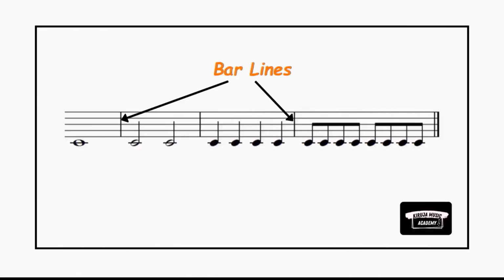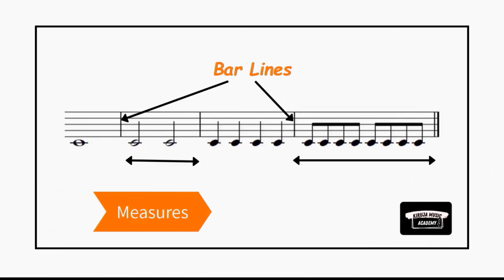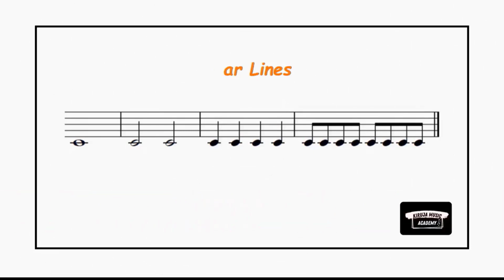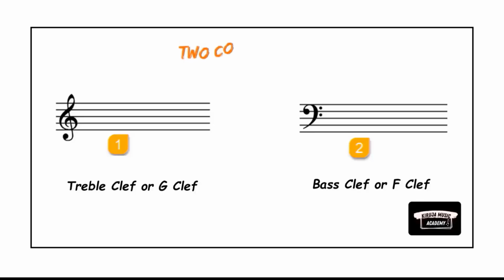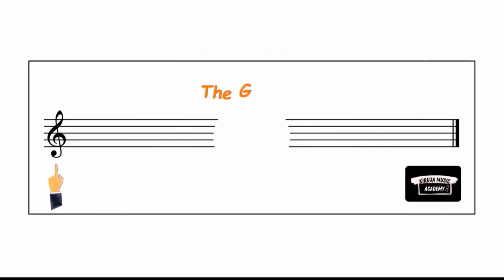Bar lines subdivide the music on the staff into measures or bars. The second component is the clef. The clef is placed at the beginning of each staff to determine the pitch range of the music notes. There are 2 common clefs, the treble clef, also known as the G clef, and the bass clef, also known as the F clef. The G clef on a staff indicates the second line from the bottom represents the pitch